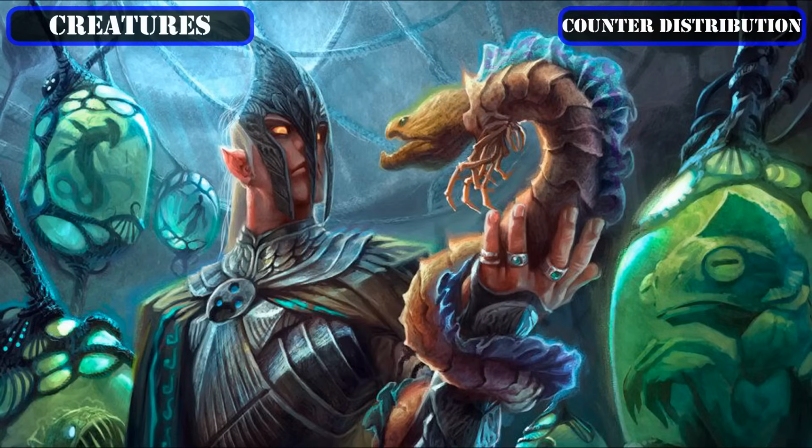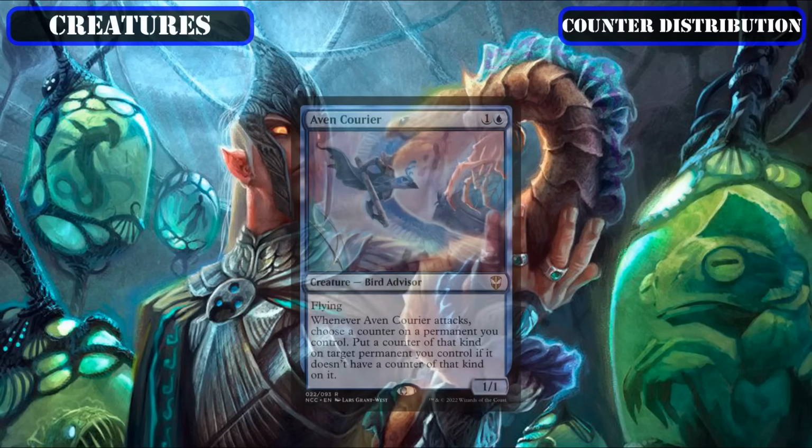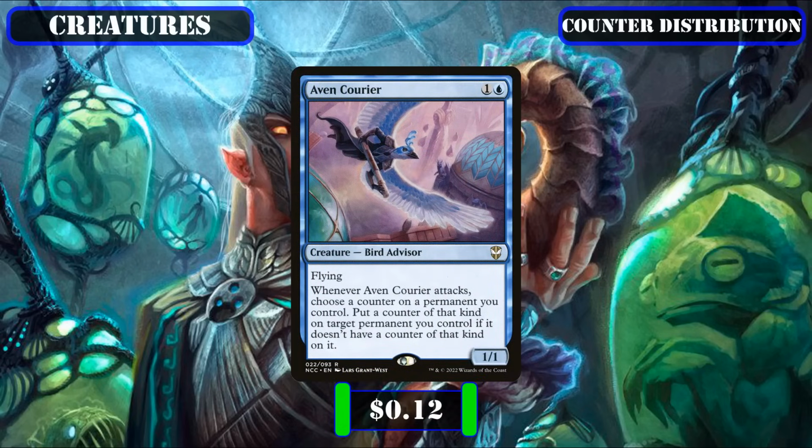Now, to close out our selection of creatures that use counters to generate counters, we'll be including 2 somewhat unique entrants to the build that can help us get counters on permanents that otherwise would be unable to get them. Those being Aven Courier, who, on attack, can grant any permanent we control a counter which we have on any other permanent so long as it doesn't already have that kind of counter, making it a superb way to get counters on permanents that are usually harder to get counters on, such as our lands and artifacts,